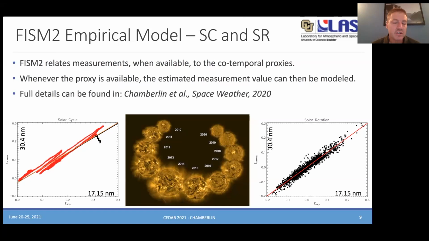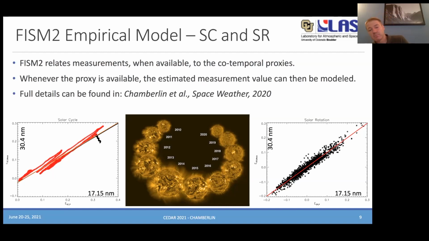And this is the solar cycle. So I've smoothed over 108 days to eliminate all the solar rotation variability and any solar flares that may be there, their daily average measurements. And so you see a really good sort of linear relationship between 304 and 171. And therefore, anytime now that we have the 171 measurement, we can now make an empirical model estimation of what the helium-2 304 solar cycle variation may be.